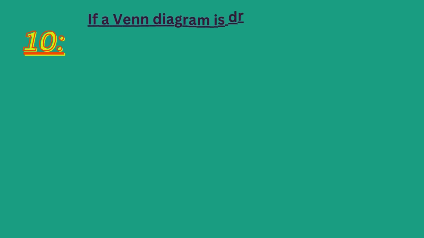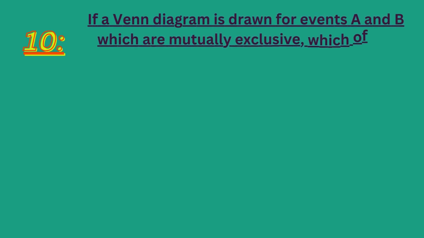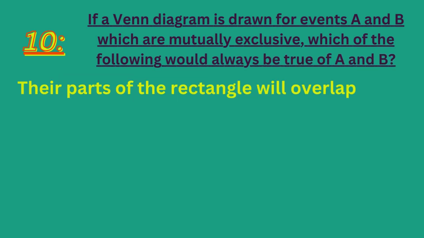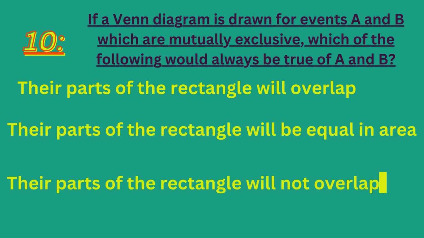If a Venn diagram is drawn for events A and B which are mutually exclusive, which of the following would always be true of A and B? Their parts of the rectangle will overlap. Their parts of the rectangle will be equal in area. Their parts of the rectangle will not overlap. None of these. The right answer is